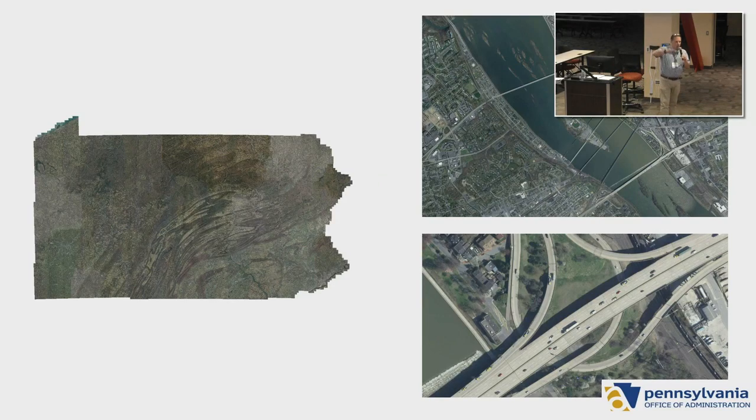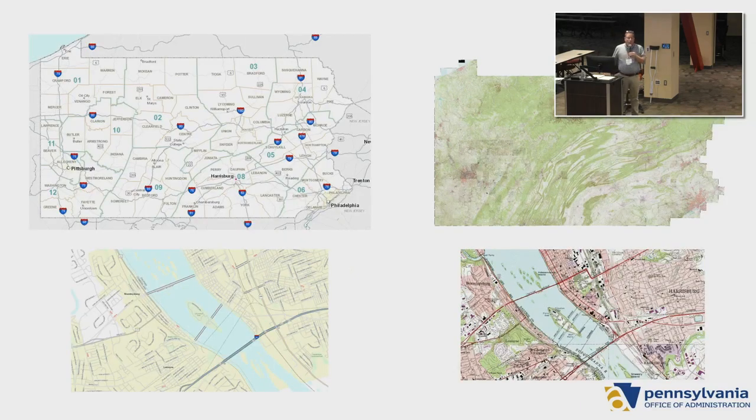A lot of times what will come to mind is aerial photography, set up as a tile cache as the base map for what you're looking at. Very helpful in finding a location without being even told what the location is. Or a lot of times we'll use other base maps, like the PennDOT network one, which you see on the left side. Or in a previous session, we were talking about topographic maps. If you were to place that data that I showed you earlier on there, you'd have a very good idea of where it even was.